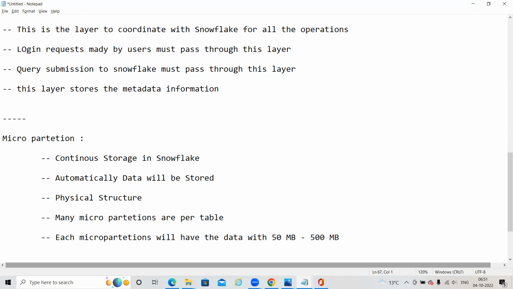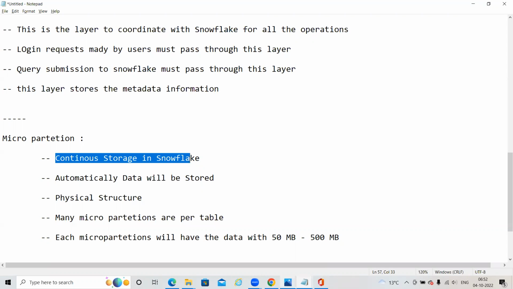Fine. When the data is stored into Snowflake, automatically the data will be stored into multiple micro partitions. These micro partitions will be stored in a continuous storage location: partition 1, partition 2, partition 3, partition 4, like that. So this is a physical component in Snowflake where the data is going to be stored.